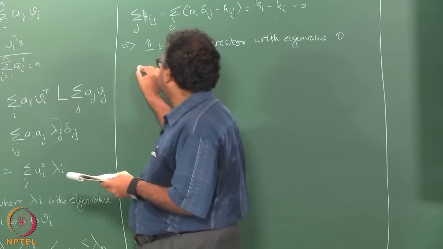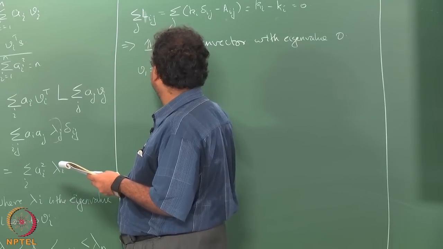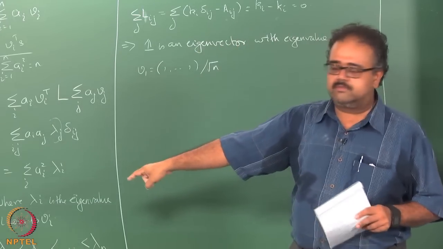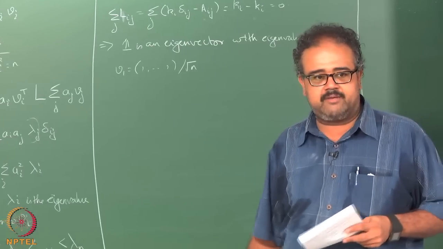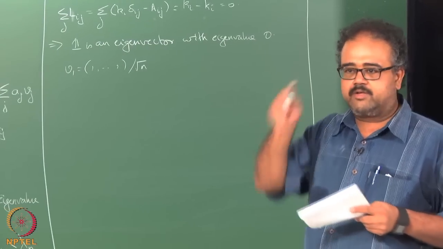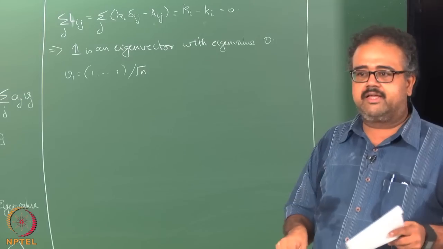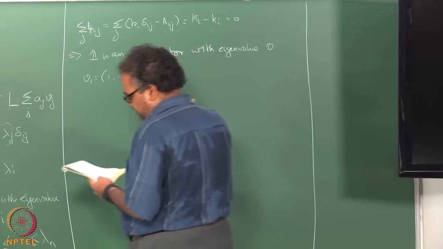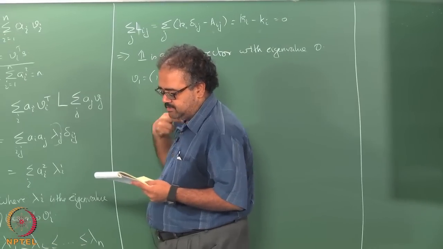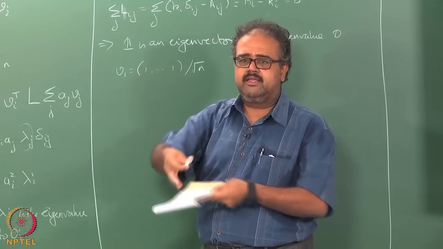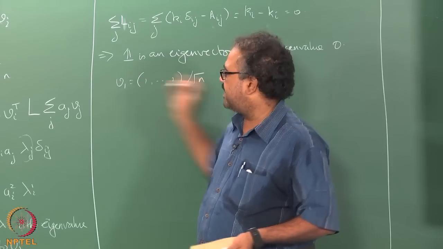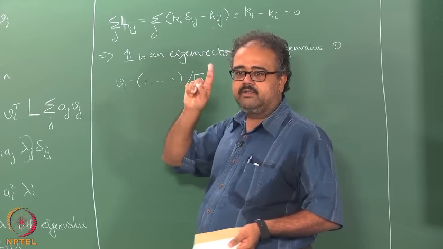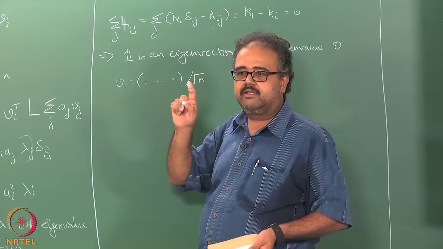right. So what is your first eigenvector in this case? My v1 choice is actually normalized, so it will be divided by root n: 1 by root n, 1 by root n, 1 by root n will be the eigenvector that I am choosing in this case, right. So how will I minimize this? Essentially I have to align my s with this eigenvector, right. So I will get the maximum a1, correct,